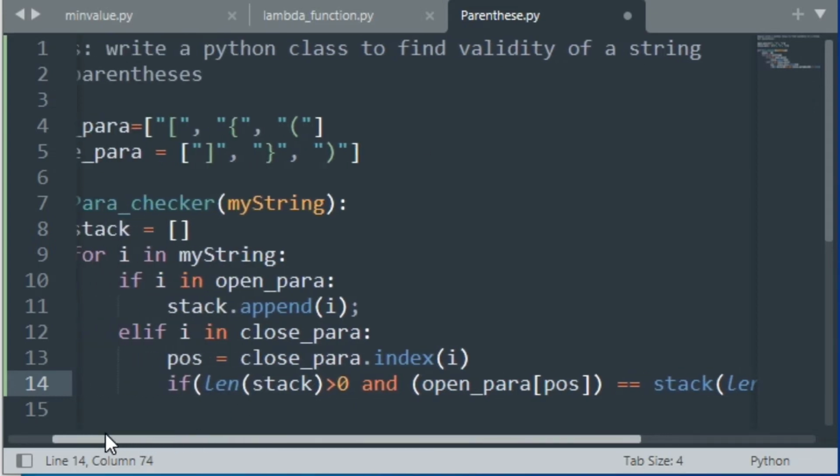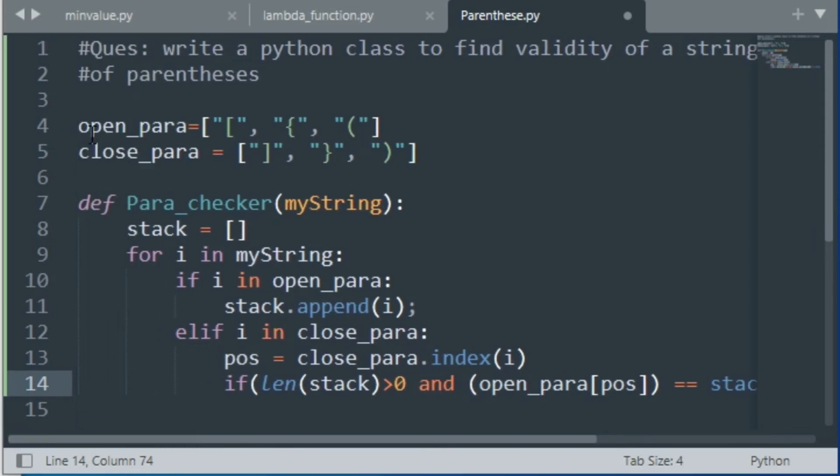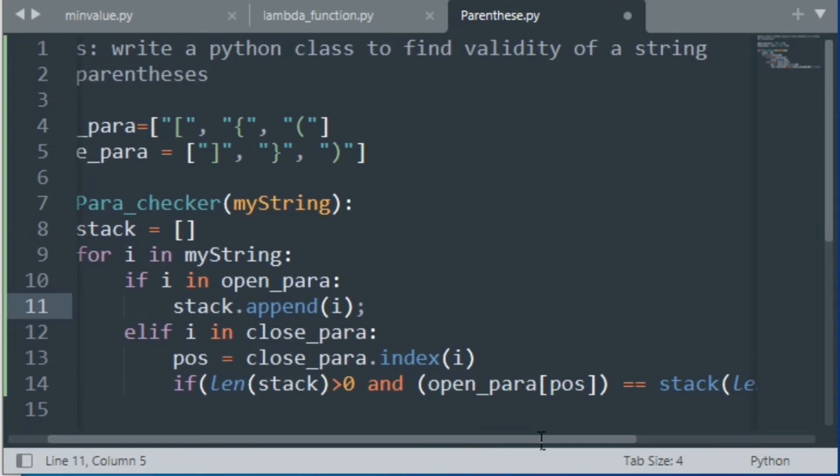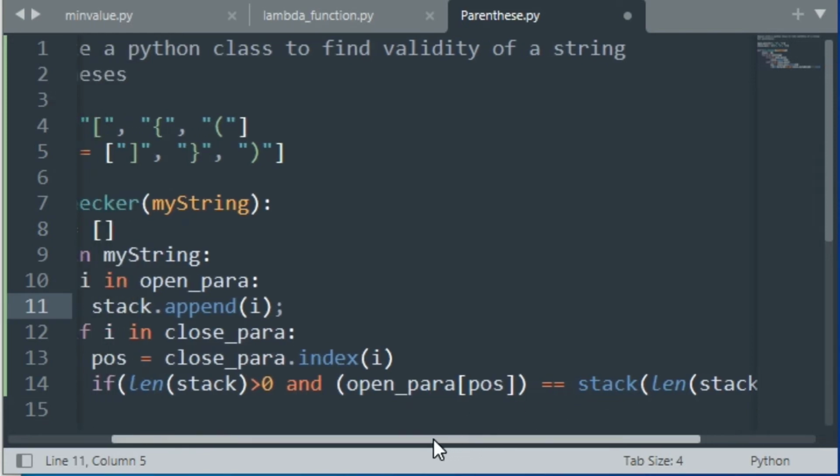So basically it is only adding elements of open para in the stack. So when there is an element of closed para, it will get the position of the closed para element, and then it will check the open para element with the stack element, because in the stack there is only open parenthesis element.